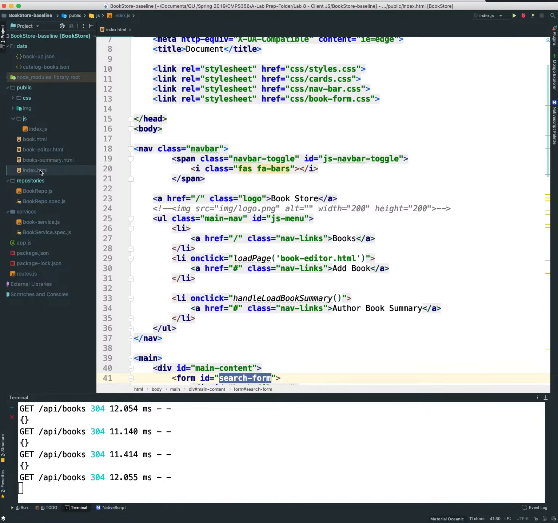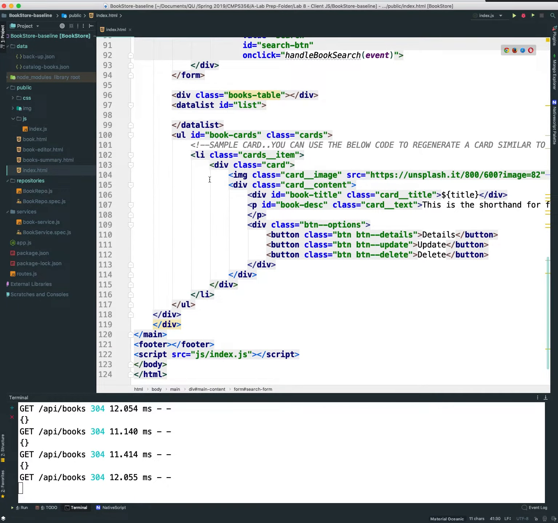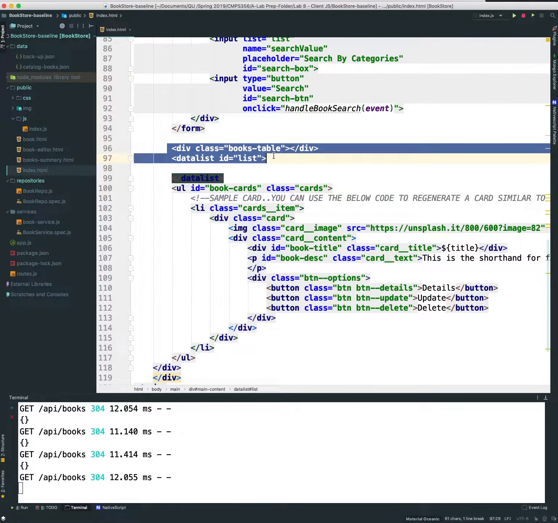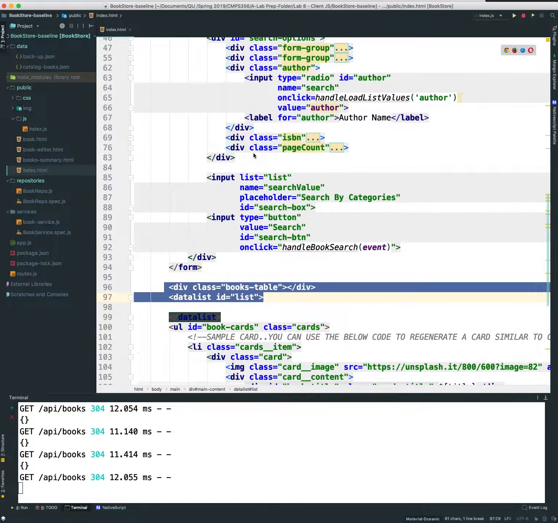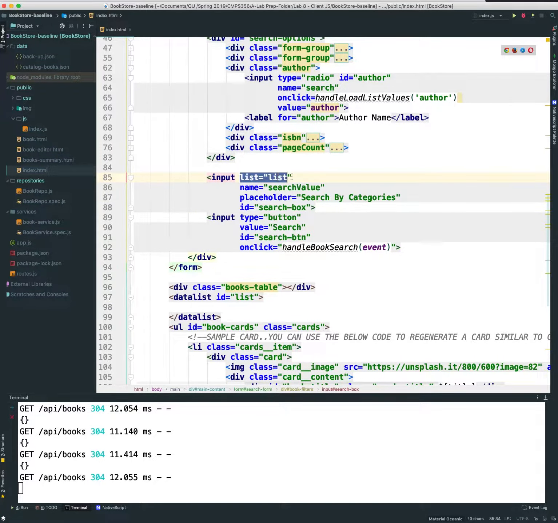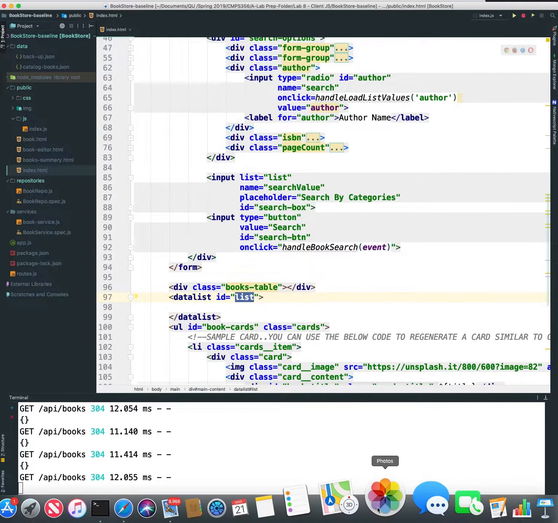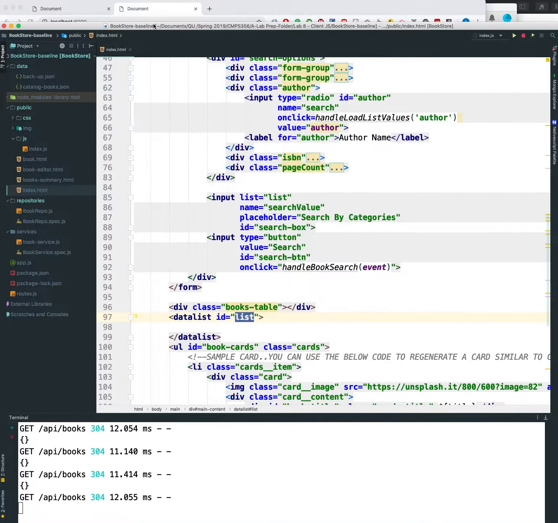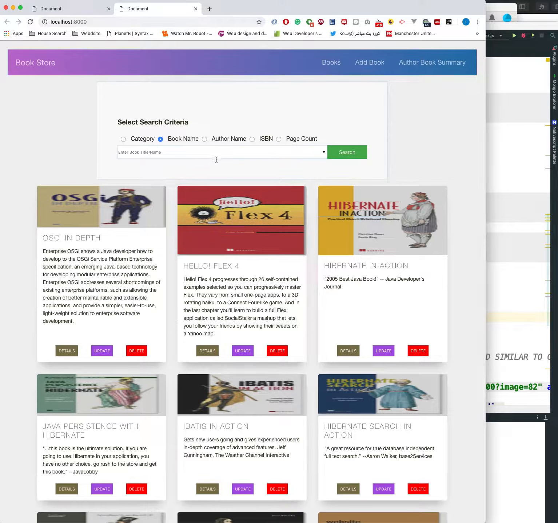I can show you here. This is the data list. Okay, and it's connected to the search box, which is here. The search box says list, and this list is connected to this list. We have seen this in lab 1. Okay, so if we go back to our demo now,